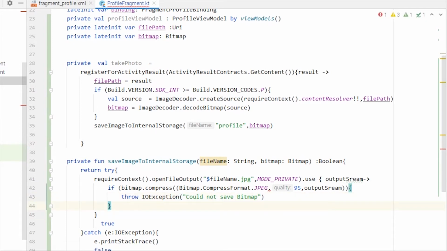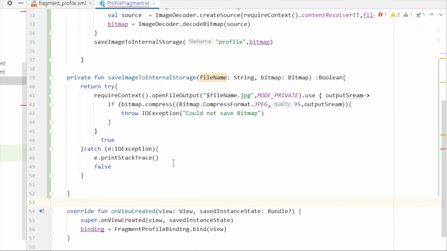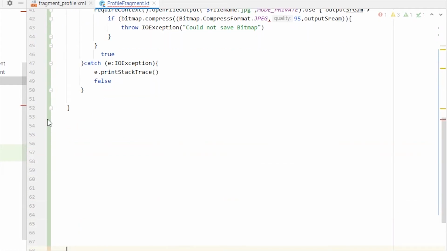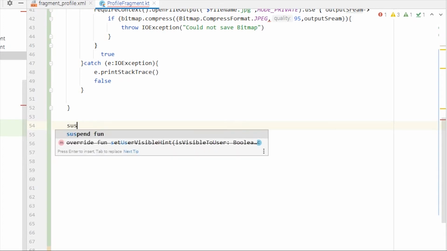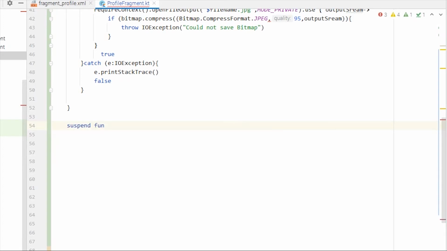Now we also need to load the image from the local storage, so we need to create a function for that as well. So let's create that down here. Let me make some space here. Okay, so while we'll be fetching the image, we want to do that asynchronously, so let's create a suspend function for that. So private suspend function, I'm going to name it loadImageFromInternalStorage,